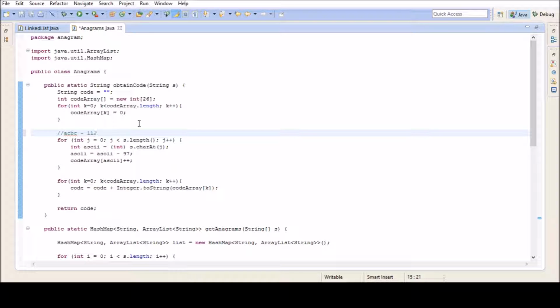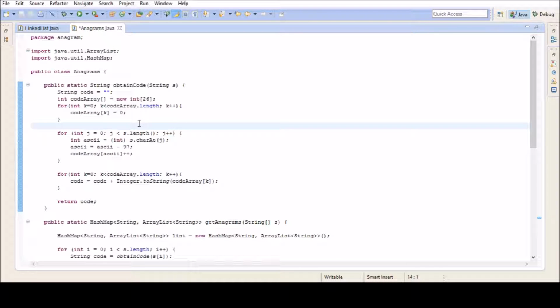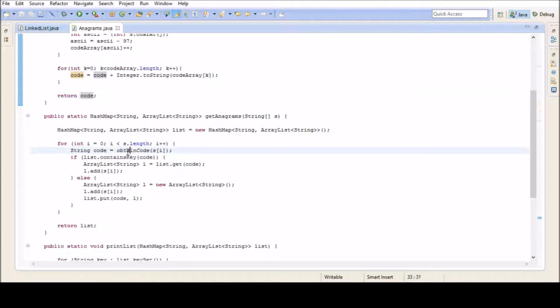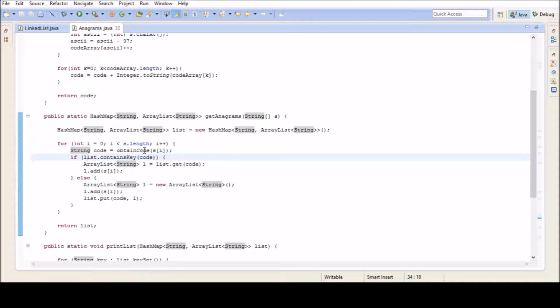So as you can see, two anagram words, if they have the same alphabet, irrespective of where the position is, will produce the same codes, and that's how we're going to determine if the word is an anagram or not. It converts this code into a string and returns that string-converted code back to the obtain code function, where it takes the code and sees if the code exists in the map. If the code exists in a list,